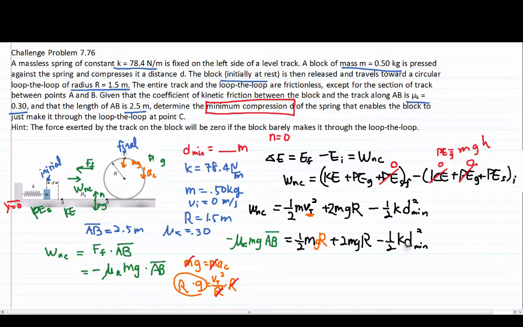Remember, we're looking for D, so I'm going to move this to the other side so that I have positive. And then I'm going to push this to the right side and change the sign to positive. Then I get